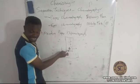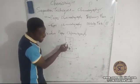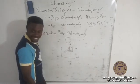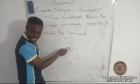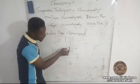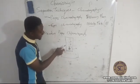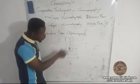In this, this is more suitable here. What if this D has stronger adherence to the paper? What happened? The paper will hold it. It can't move much, even though it has dissolved, it cannot move much. It may remain here. But the one that has less adherence, the least adherence on the paper, and is more soluble,